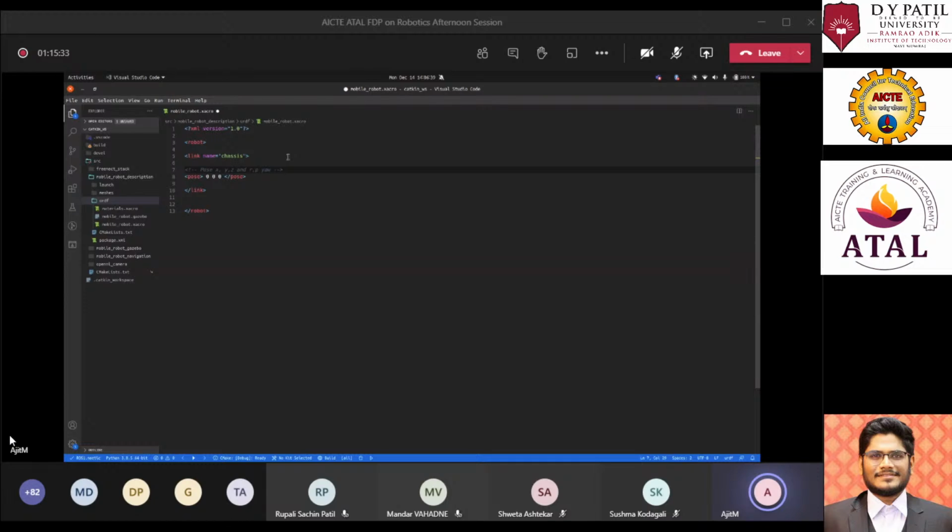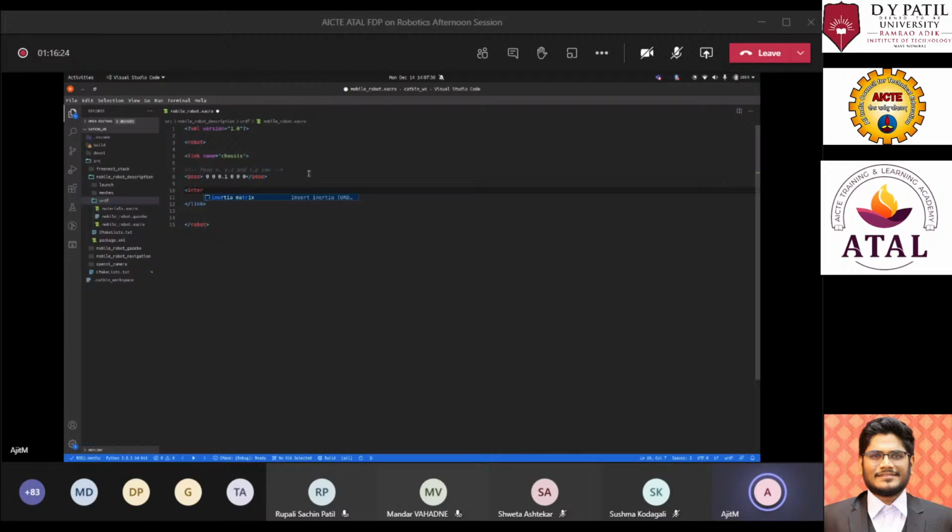So here I'm defining the pose as 0.1. Why 0.1, you would ask? Because when you create a link, it needs to be a certain distance away from the ground, and this 0.1 is in meters. So XYZ, or the point in the Gazebo world, is in meters, and the rotation is given in radians.